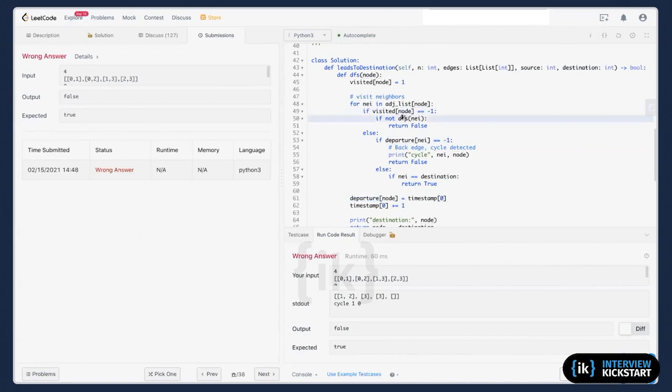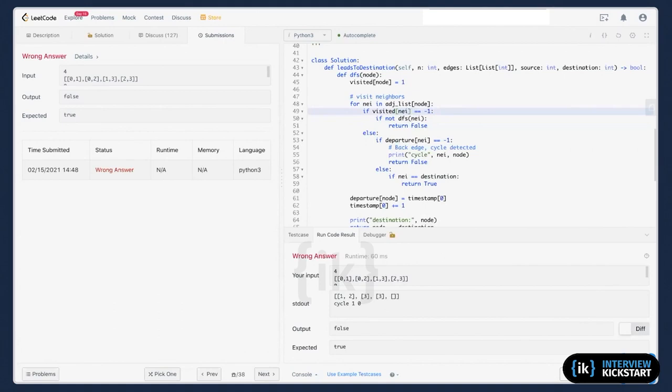We should come here first, huh? The node is 0. Yes. The neighbor is 1. Oh, okay.